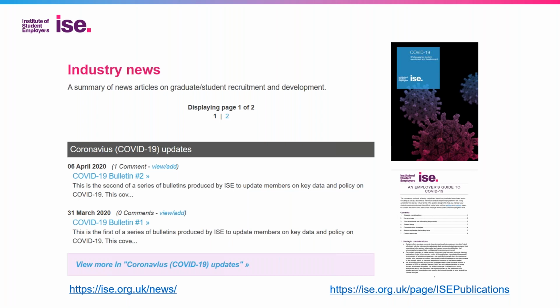Earlier in the week, we also published an employer's guide to COVID-19, which looks at some of the more strategic issues about how you might go about responding to COVID-19 as a student employer. That's available for members to download, and there are also webinars and so on that accompany all of these things. There's lots of stuff on our website right at the moment that might be of interest to you.